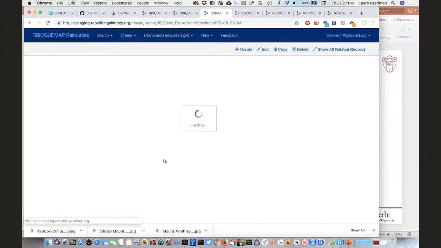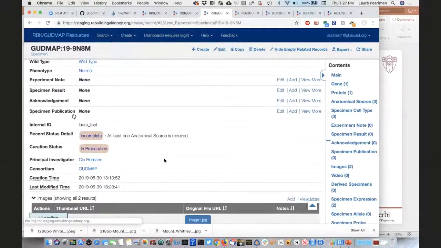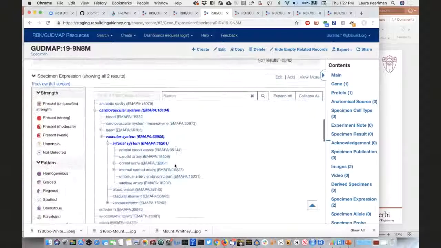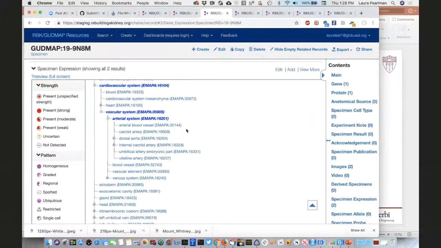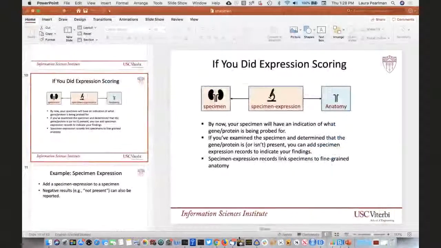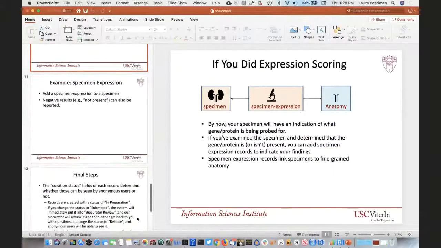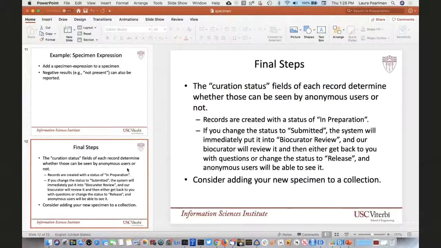Okay, so now when we go back to the specimen, we see this and it's nicely highlighted. Okay, going back to the presentation, I think that's actually the last thing that I added in terms of adding data. The final steps are